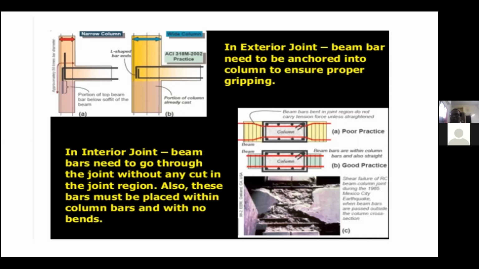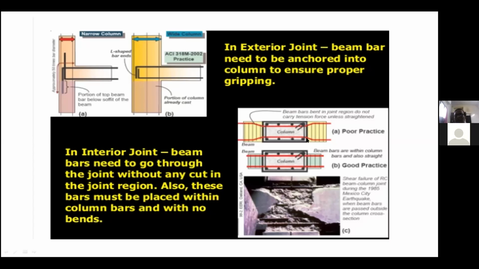So obviously what we should do is have a stronger column and a weaker beam. So the column is stronger, which means the column will not fail and the beam will fail first. That failure is acceptable, or rather required, because beam failure is a local failure and the entire structure won't fail.